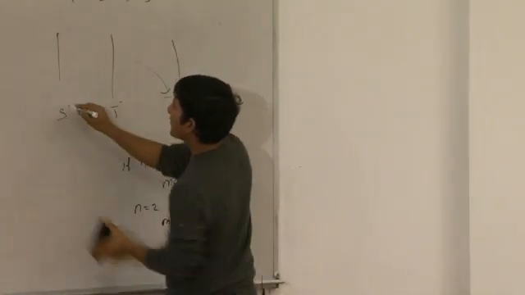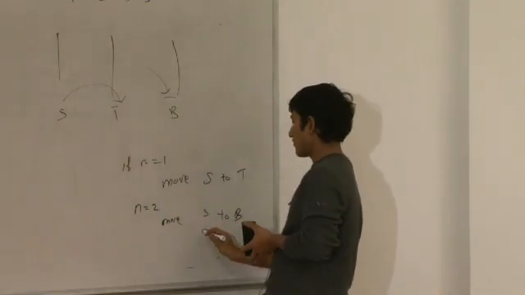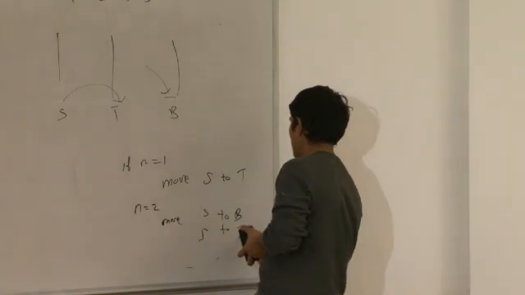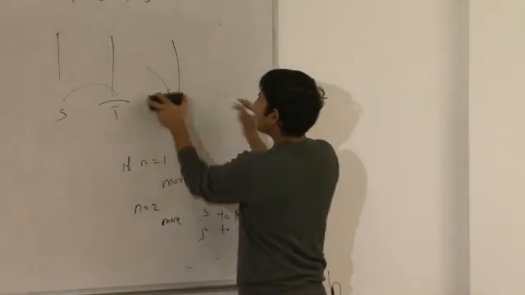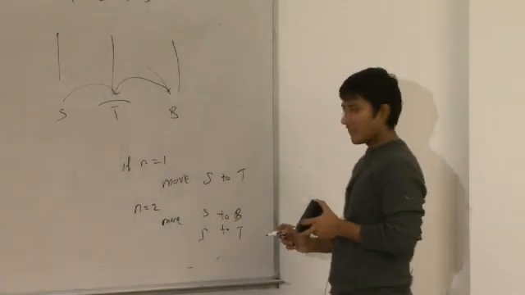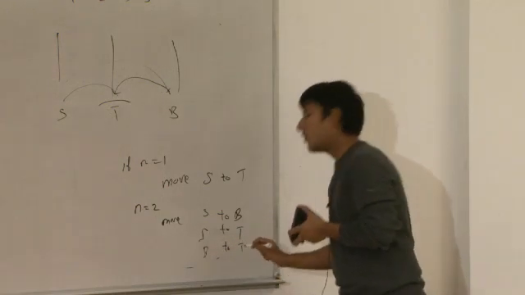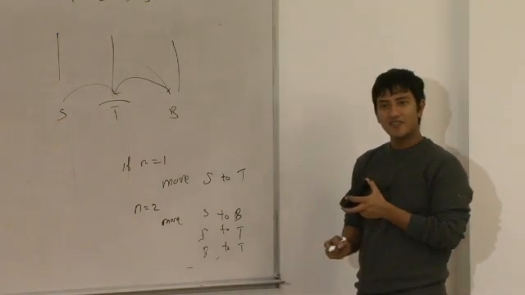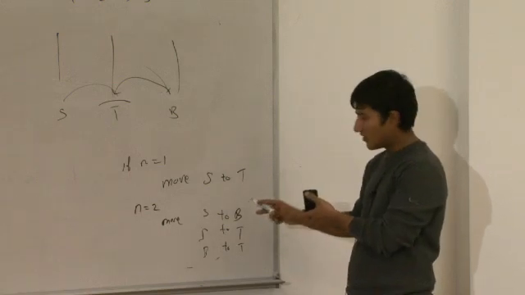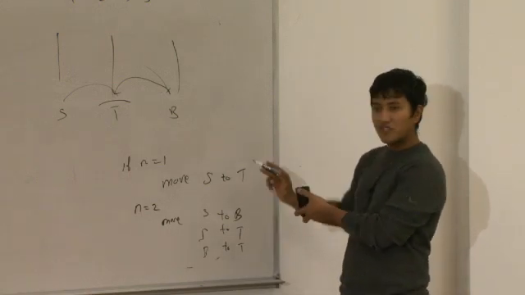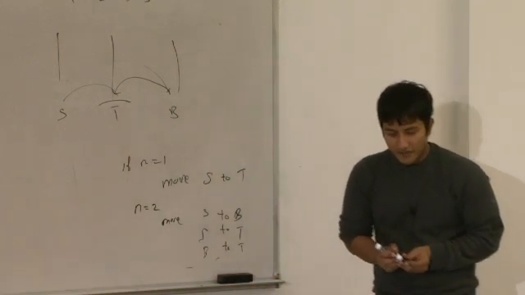Then you move the next disk from source to target. So now it's source to target. And finally, you move it from the buffer. Right? Now we have a very nice recursive case. If you have 2, we move from source to buffer, then source to target, then from buffer to target. So if you look at this example,